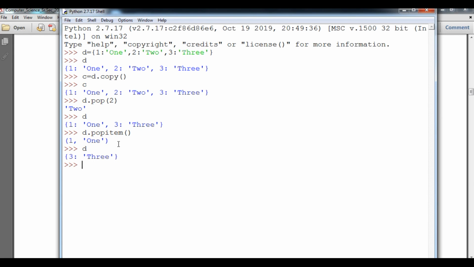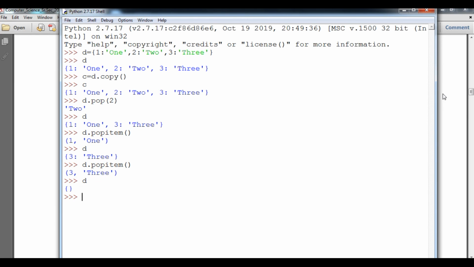So you can see only 3 is remaining. If I clear it, you can see there is an empty dictionary. So student, popitem deletes the first element in the dictionary automatically, and the pop function deletes with the help of a key. We have to pass the key, and only that key is deleted from there.